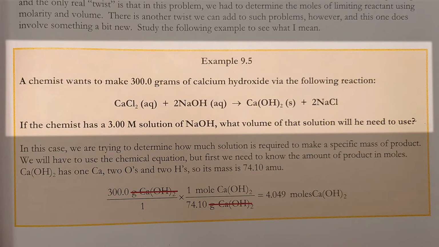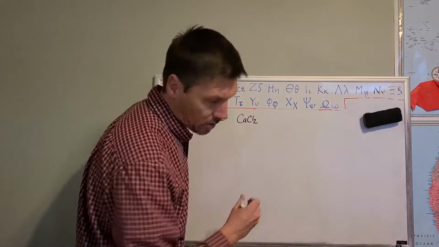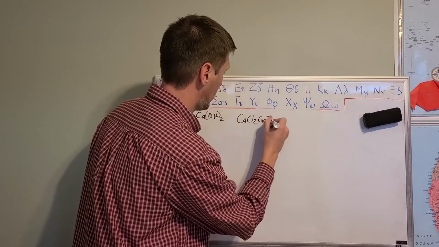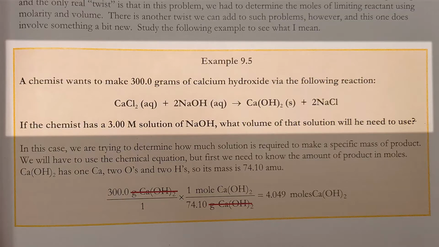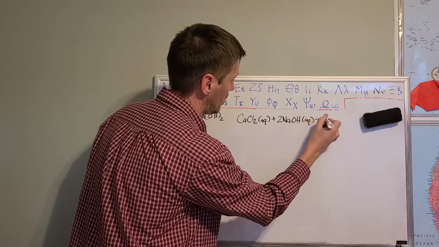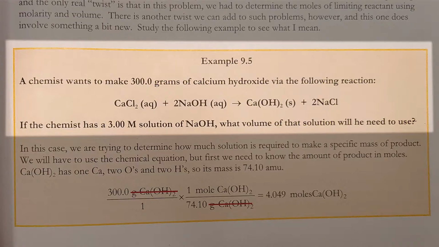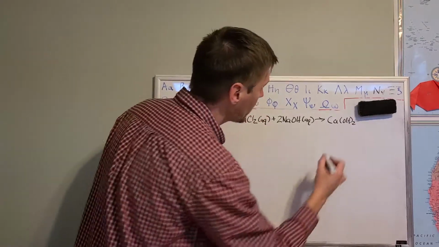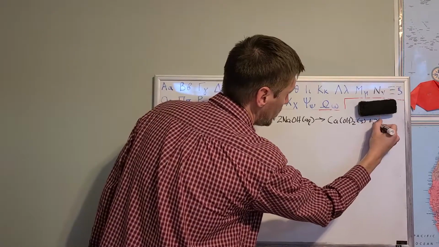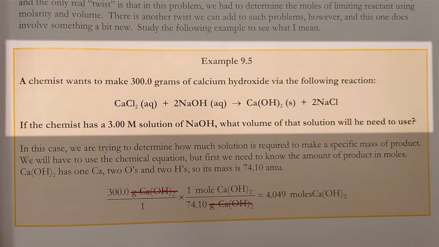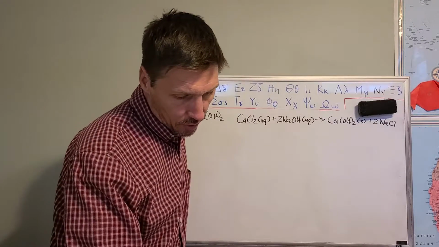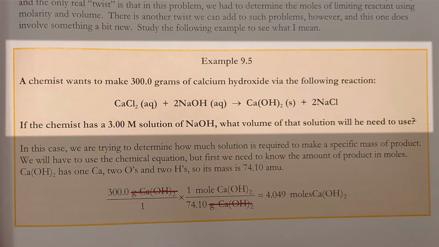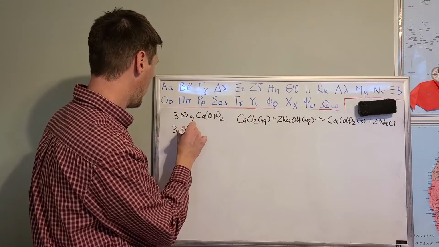And the equation is CaCl2 aqueous plus 2NaOH aqueous. It's going to yield Ca(OH)2. There's the calcium hydroxide. And that is a solid plus 2NaCl. And it says if the chemist has a 3 molarity solution of NaOH, so a 3.0 molarity solution of NaOH,